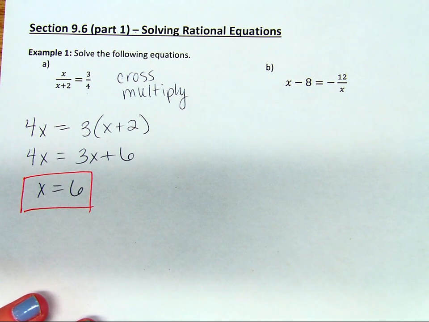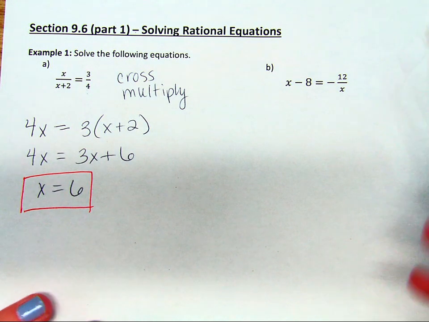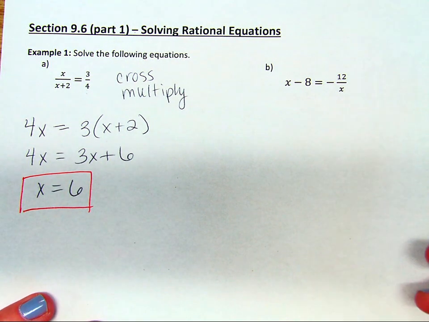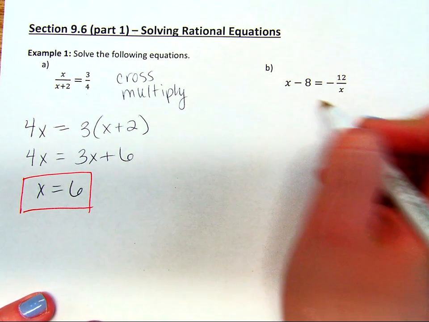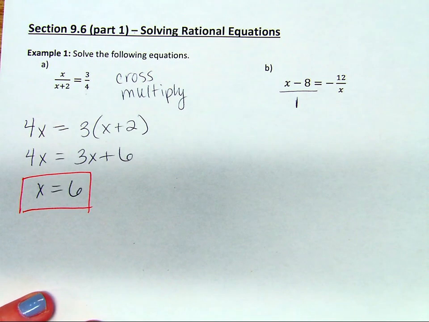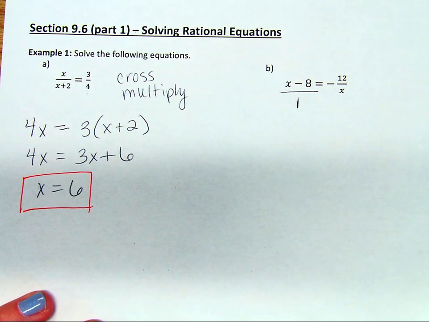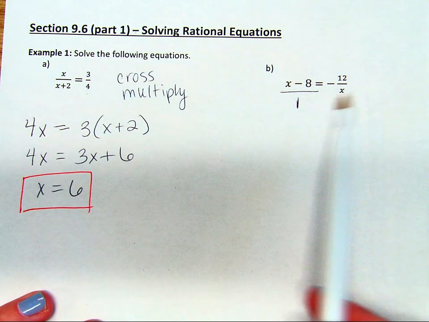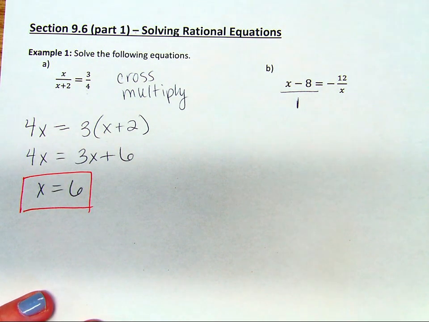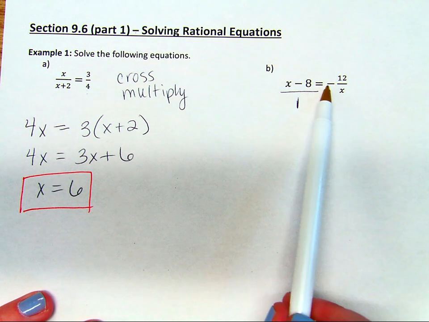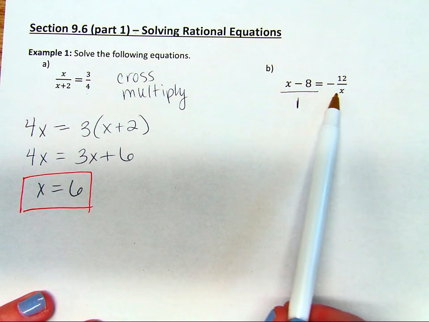Over here, part B, we can use a similar technique. There are different ways to solve these, but the first way I thought of was that anything can be put over 1, like x minus 8 over 1. That didn't change the value of x minus 8 at all. So I essentially just made this left side into a fraction so that I could, again, cross multiply. So I'm going to say x minus 8 times x